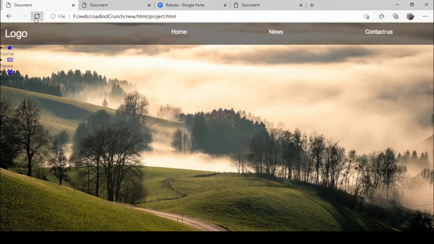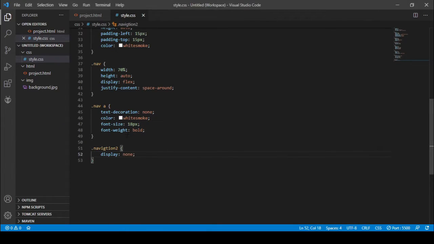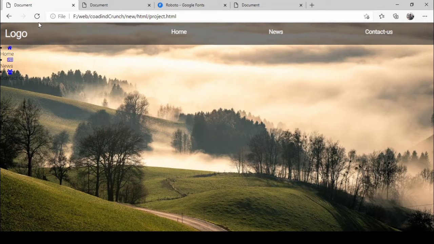So let's refresh it. There is a spelling mistake, small mistake, sorry. So here you can see that the navigation to class has disappeared from this width of the web page.